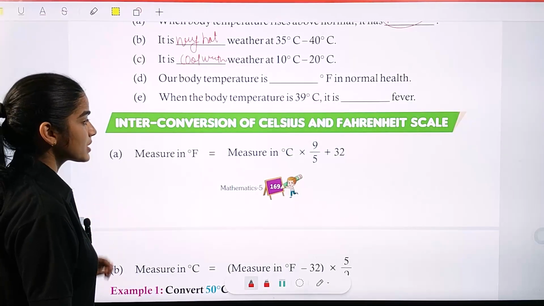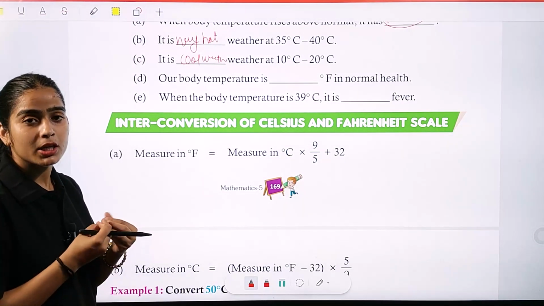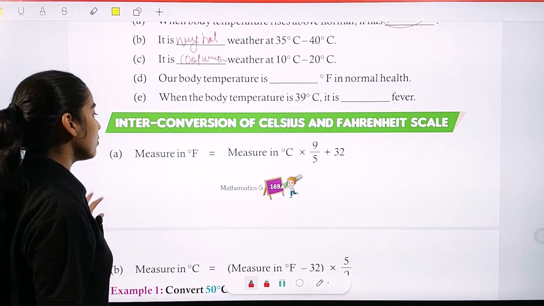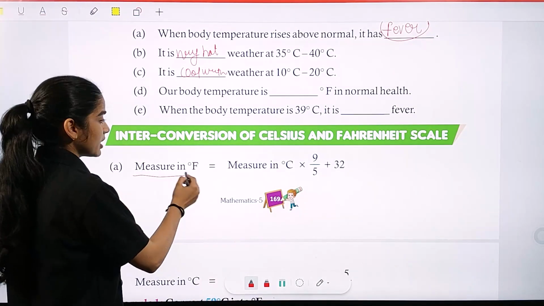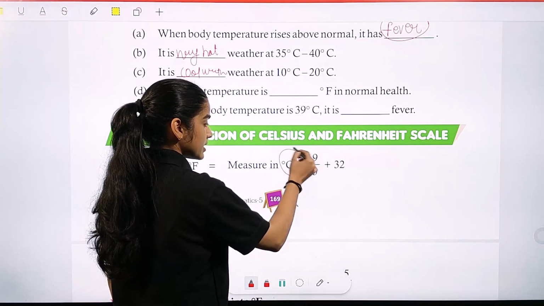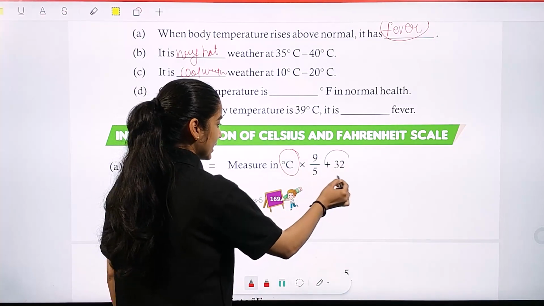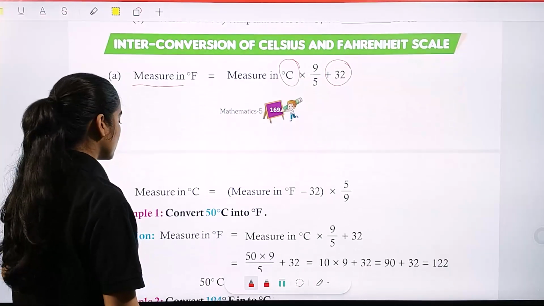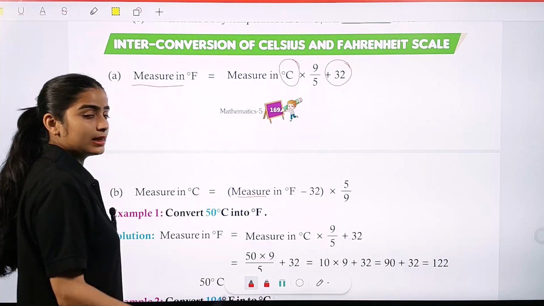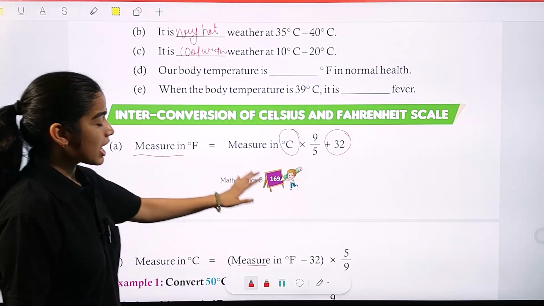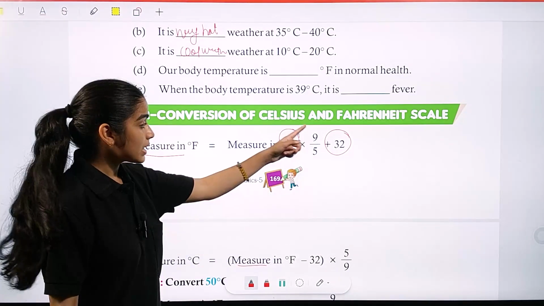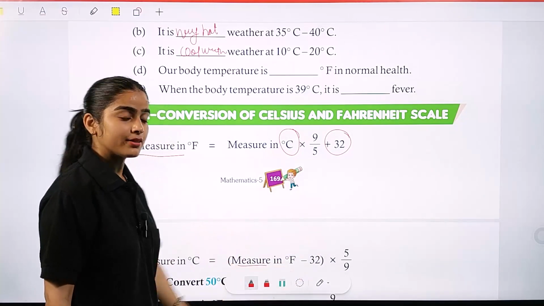Now interconversion of Celsius and Fahrenheit scale. जैसे कि आपने किलोग्राम को ग्राम में चेंज करा, आप सेल्सियस को भी फ़ारेनहाइट या फ़ारेनहाइट को भी सेल्सियस में चेंज कर सकते हो. How? Let's see here. This is the formula. To measure in Fahrenheit, you have your degree Celsius. Multiply it with 9 by 5 and then add 32. And if you have to convert it in degree Celsius, so your Fahrenheit temperature, first you have to subtract 32 from that and then you have to multiply 5 by 9. So यहाँ पर जो चीज ऑब्जर्व करनी है, अगर हमें फ़ारेनहाइट में प्लस करना है तो डिग्री में माइनस करना है. अगर 9 by 5 से मल्टीप्लाई करना है तो उसका रेसिप्रोकल 5 by 9 से उसमें मल्टीप्लाई करना है.